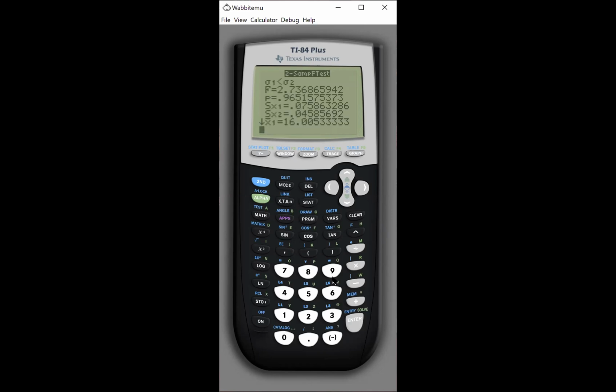Cool. All right, so if you look at our F value, it is 2.73686, whatever. So that's my F value. If you look at my p-value,